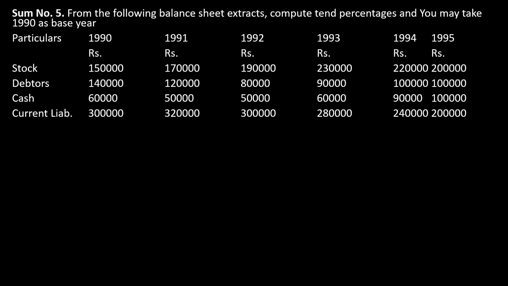I hope you have done statistics in your second year, where you did your trend percentage. You remember that? Trend percent, taking 1 year as base year and dividing everything by the base year into 100 will give you the percentage. Is it clear? In the same way, the problem says you have to take 1990 as base year. Is it clear? We'll go to the next slide and see how the answer is done.